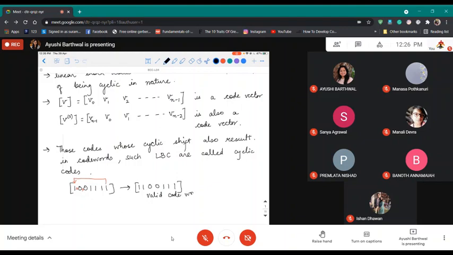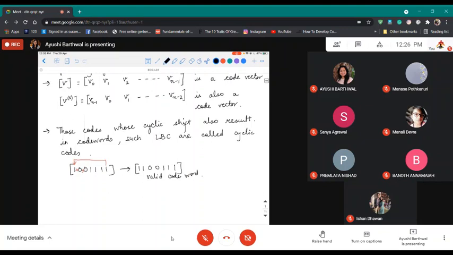So if these two are the valid code words of any data that is given to you, then such codes will be called cyclic codes, and they have to follow the other properties of linear block code, which we have studied, like its error detecting property, its error correction properties, its Hamming bound property. So they have to follow the properties of linear block codes also.